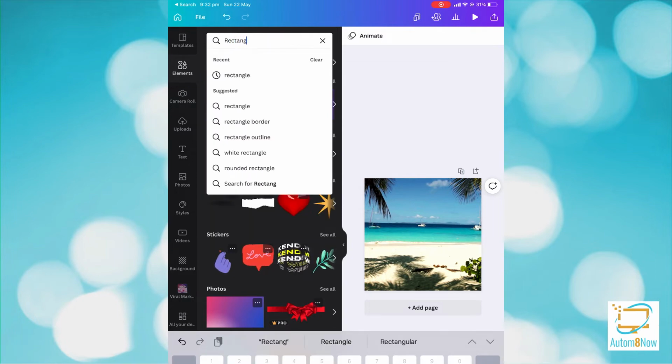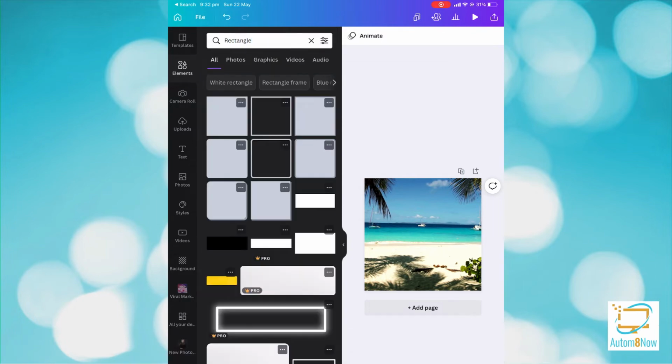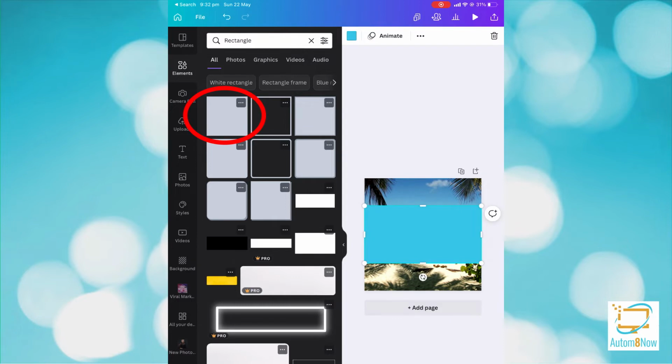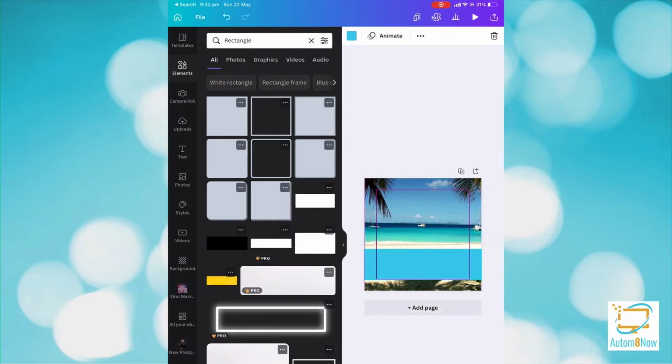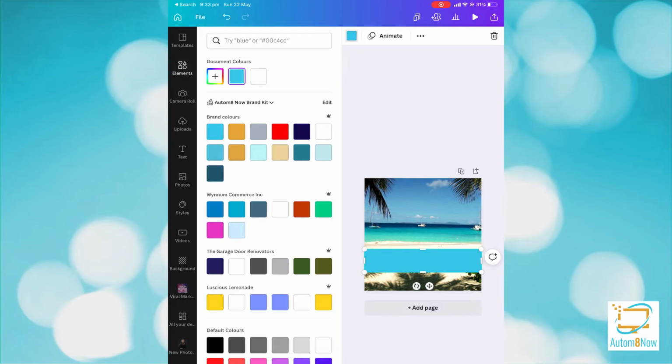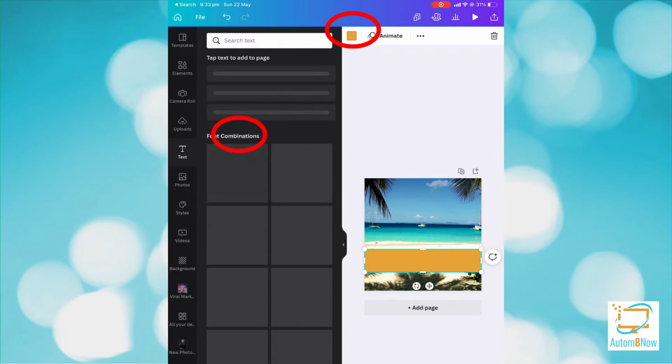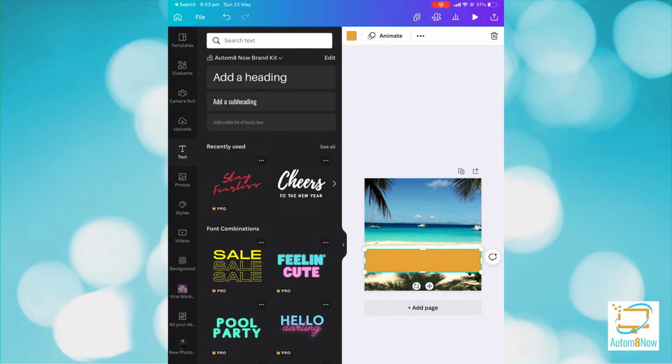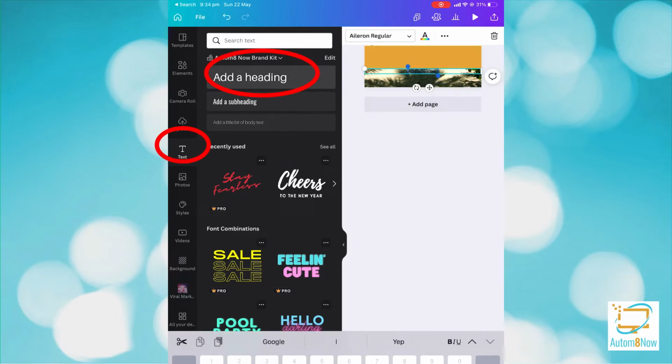Then I go to the elements area and look for a rectangle. I can actually type R on my keyboard to get a rectangle as well. And I've chosen this rectangle. I'm changing the sidebar and making it wider, and the top and the bottom bars to get it to the right height for me, and move it into the area that I want it to display. And then I've clicked on the colour and changed it to the orange colour that I want.